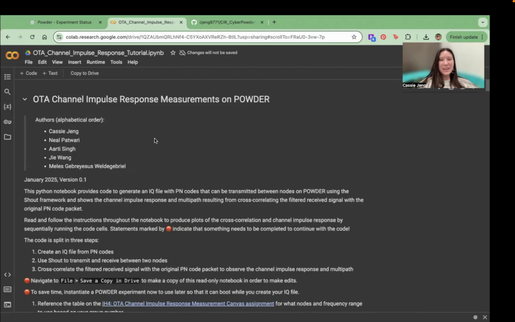Hello, my name is Cassie Jang, and I am going to walk through the channel impulse response tutorial that will produce an impulse response and potentially some multipath separation for a link on the Powder wireless network testbed using the Shout measurement framework. So this tutorial was originally created for the CyberPowder Fellows 2025 program, but it can be run